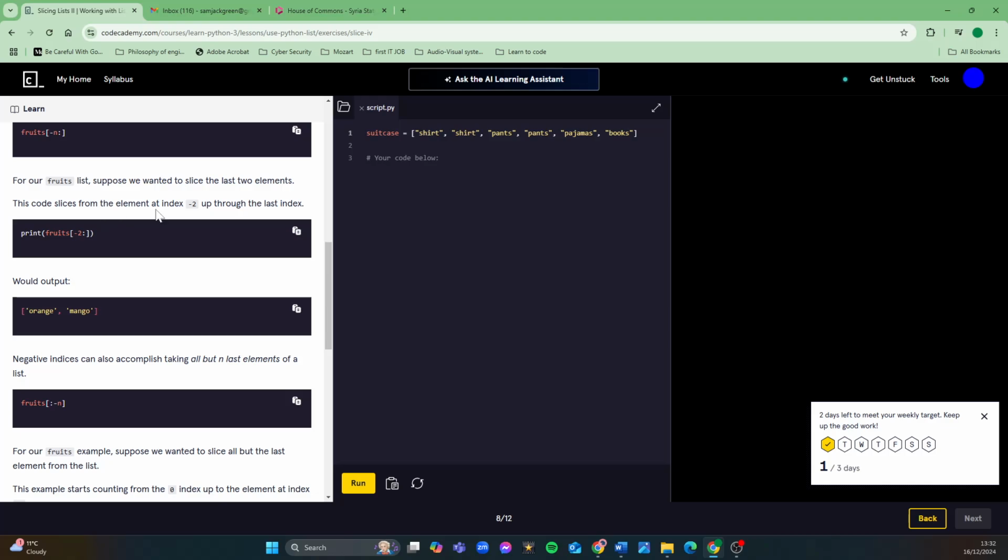This code slices from the element at index -2. Now remember, the last thing is always -1. So anyhow, this code slices from the element at index -2 up through the last index. So if we do the print function and then fruits -2 colon,